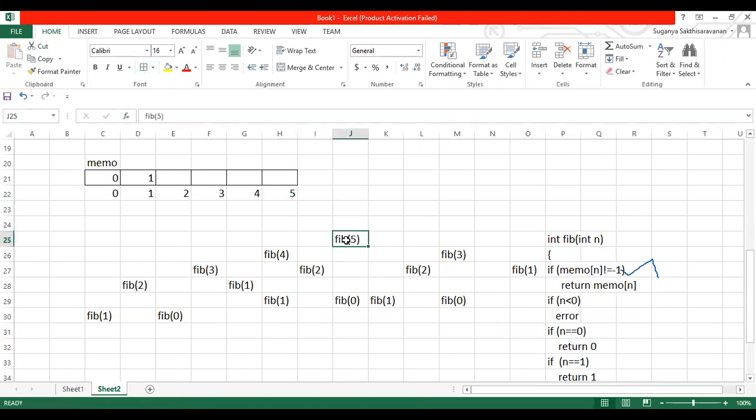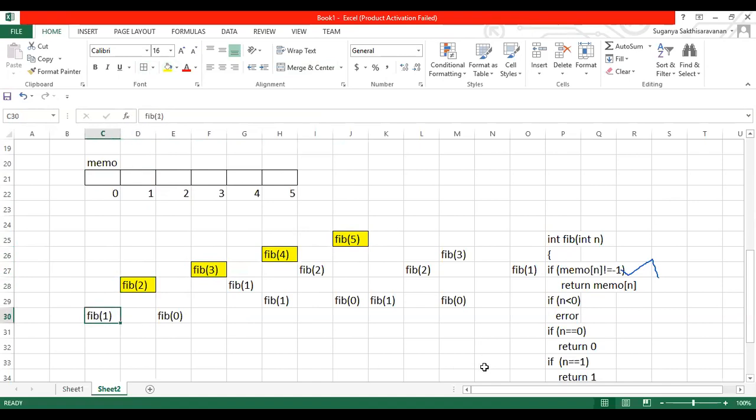So if you're going to calculate fib of 5, this is the first step. When I come here, I'll check if memo of n is not equal to -1. No values yet, right? So 5 is not equal to -1, so this process will continue till this one. Each and every time it will be further divided like this. This particular recursive approach happens toward your left tree. After reaching this point, now what happened?